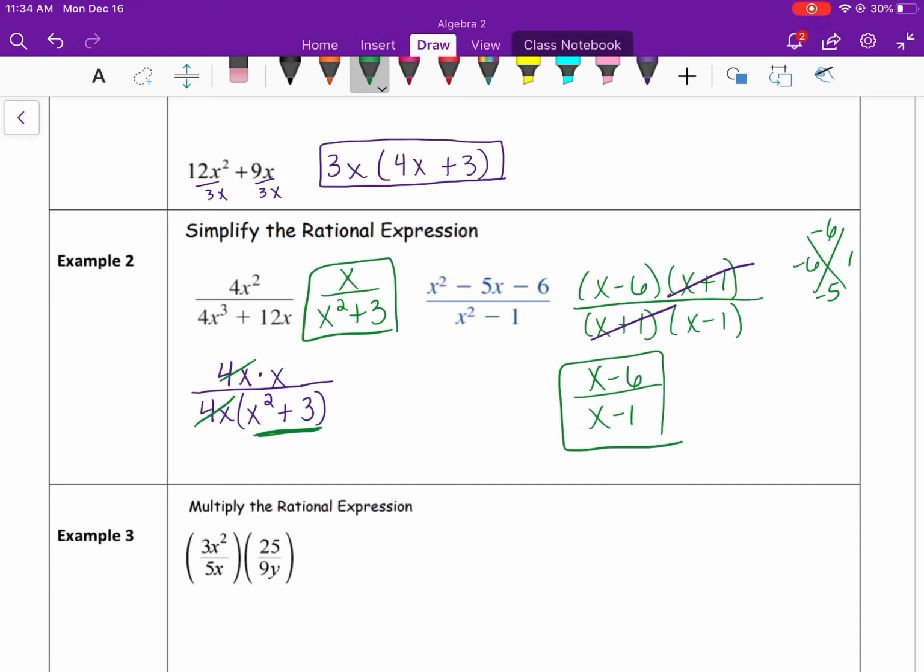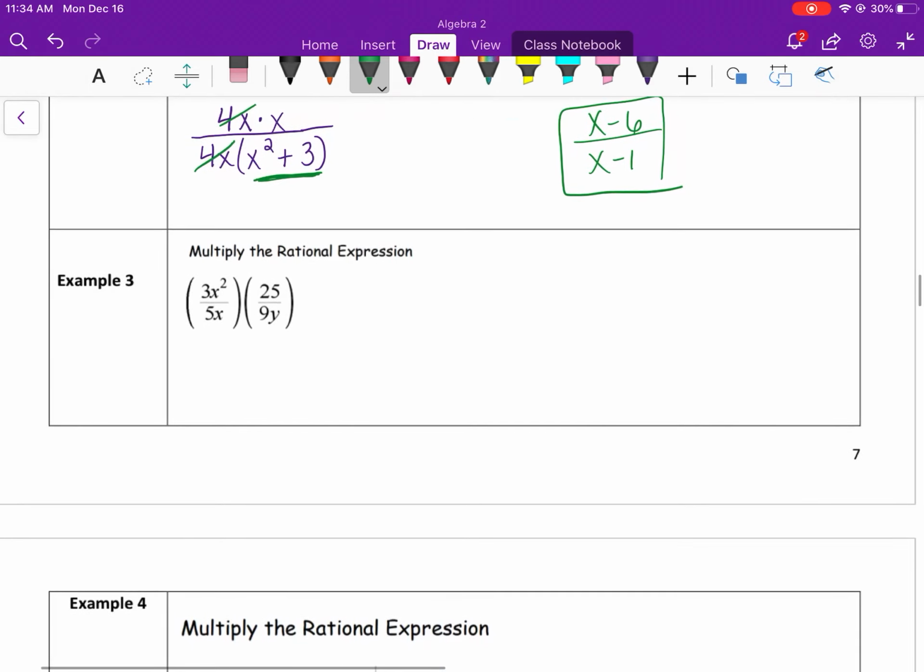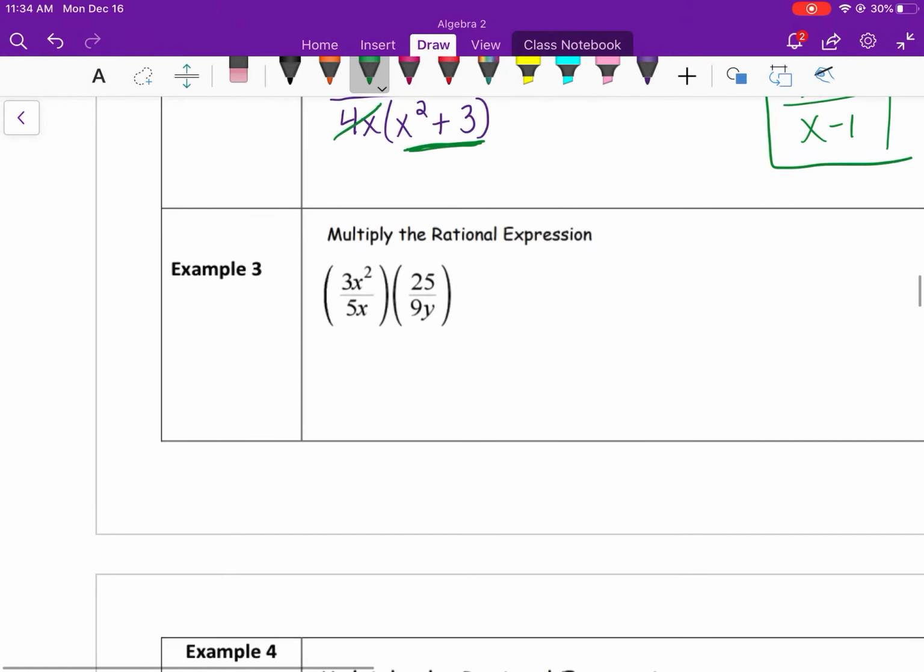So then example 3 starts the new lesson for multiplying rational expressions. Rational expressions are fractions that have a polynomial divided by another polynomial. Since they are fractions, we use the fraction rules. If you remember, like